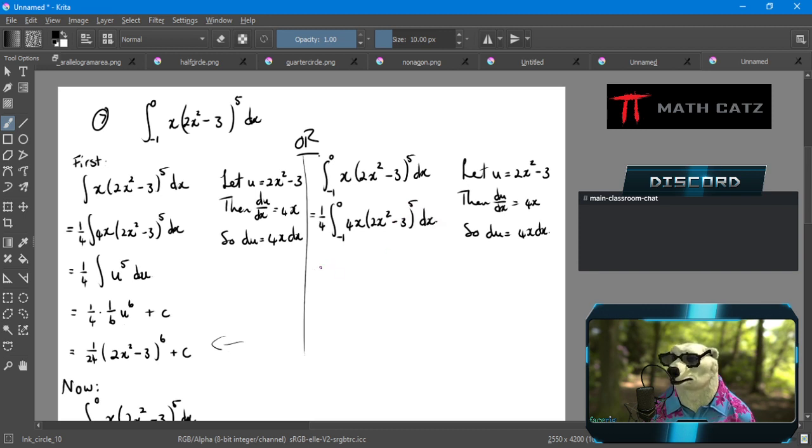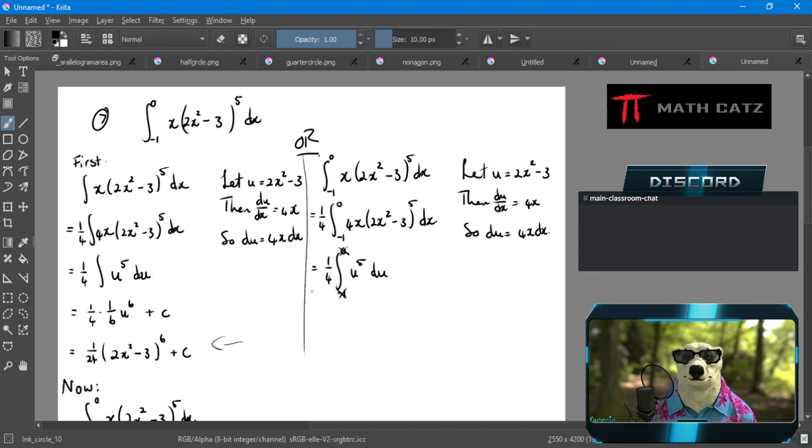So nothing's different up to now. So I get a u to the power of 5 and I get a du. But the problem now is I don't have a -1 and a 0 anymore